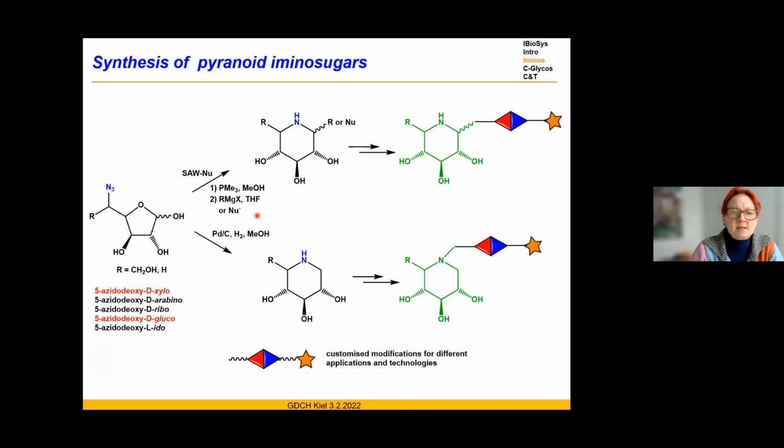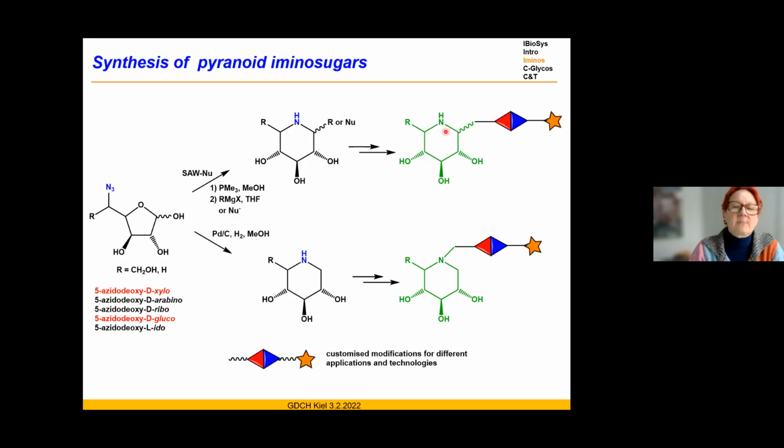And these are two methods we developed for the 6-membered ring version. So typically we start from 5-azido-aldoses, and we have really a good number of different configurations here, very easily available. If we want to introduce a modification at the position C1 here, the pseudo-anomeric position in aminosugars, we take advantage of the Staudinger-aza-Wittig nucleophile reaction sequence, where we first reduce the azide to the amine, which can then close the ring with this protected aldehyde substituent here to an iminium ion, and with a nucleophile present, this iminium ion can undergo attack at this position here,